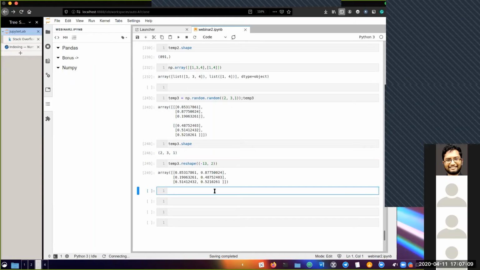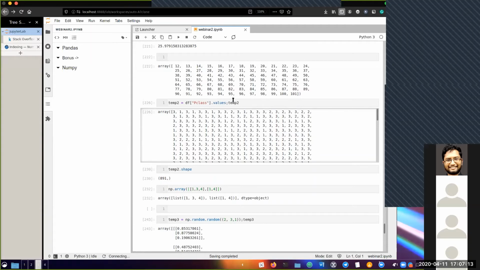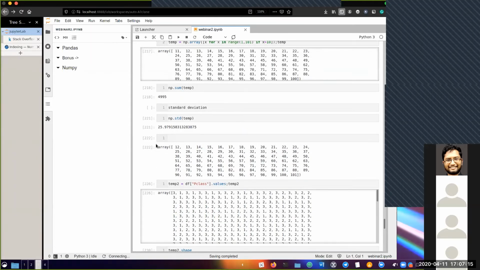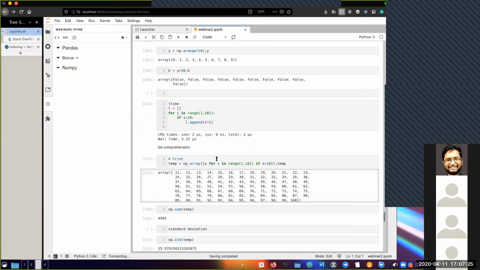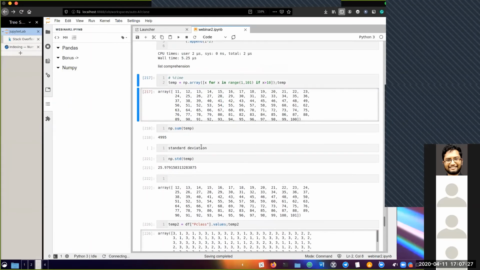So it might be getting a little complicated for many of you. So let me explain it again. Suppose I just have one array, just one list. So it's basically one column. But okay, let's just take this as an array. Let's take the one which we're using, temp, right?